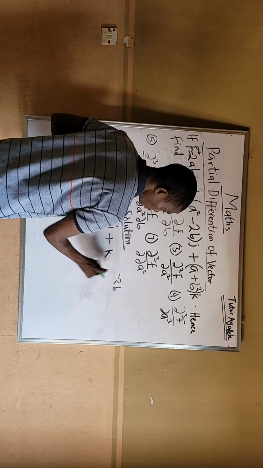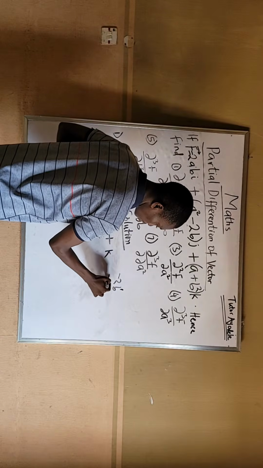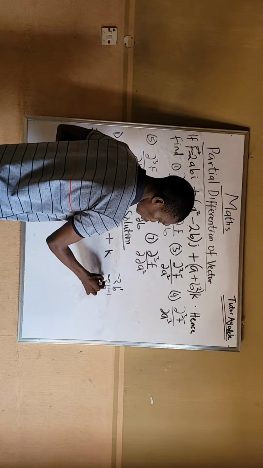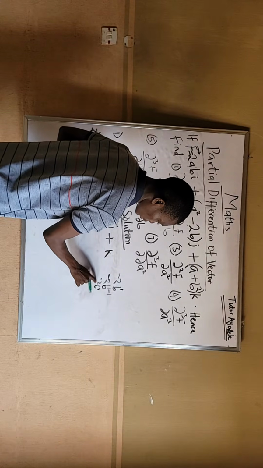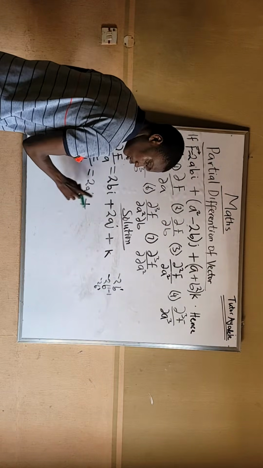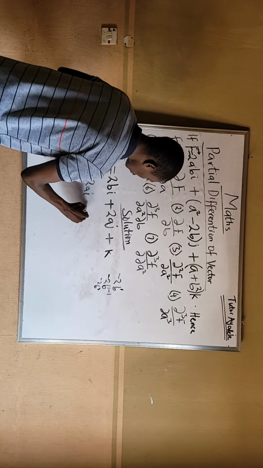now if I'm differentiating b, it's the same thing as power of 1. So if I use the 1 to multiply minus 2, it will still give me minus 2. b raised to the power of 1 minus 1, so minus 2, b raised to the power of 0. b raised to the power of 0 will give me 1. 1 times minus 2 will still give me minus 2. So everything here will change to minus 2. It's no longer plus. So it will change to minus 2